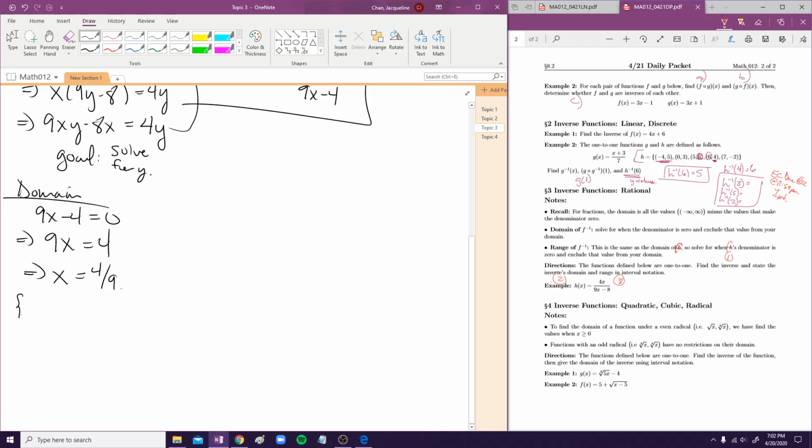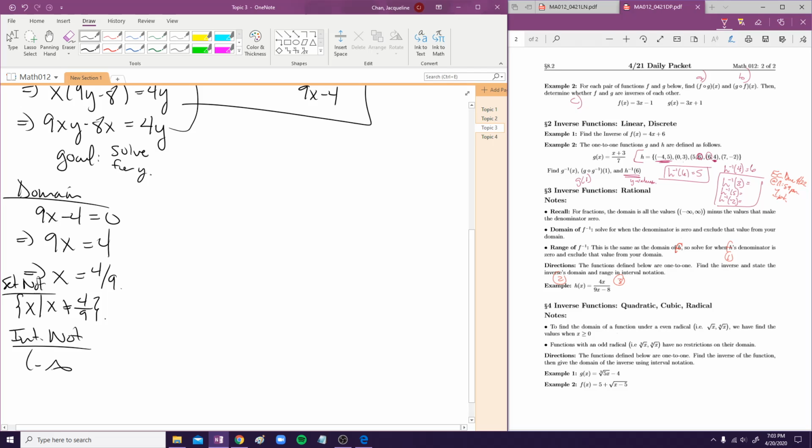Okay? So the domain, and I'll do it two ways. The first way I'll do set notation. So remember, it's the set of all x's such that x does not equal 4/9. Okay, this is set notation. So now what is interval notation? So this is set notation. So interval notation